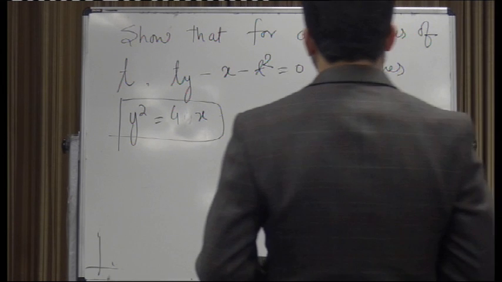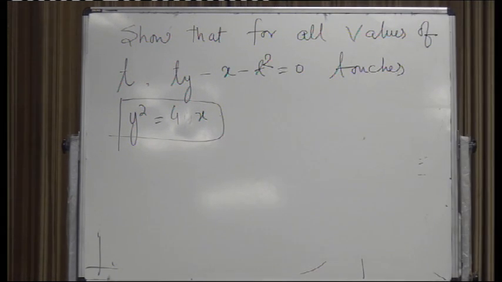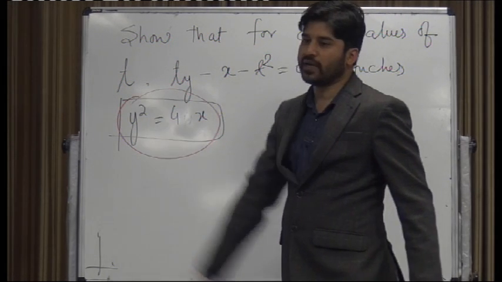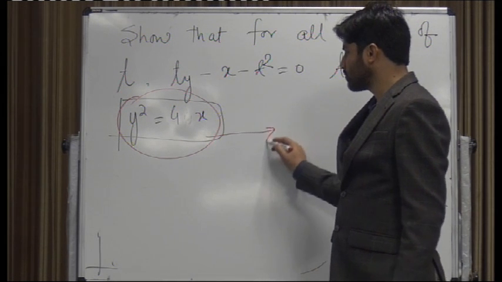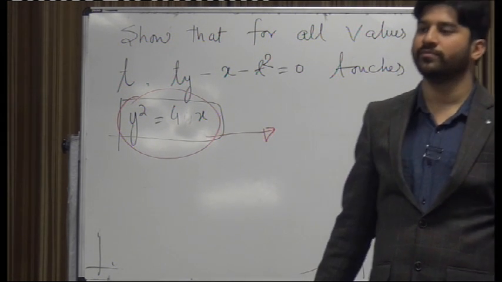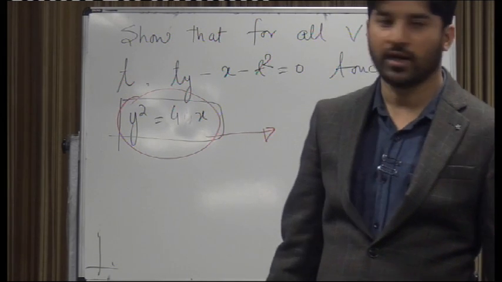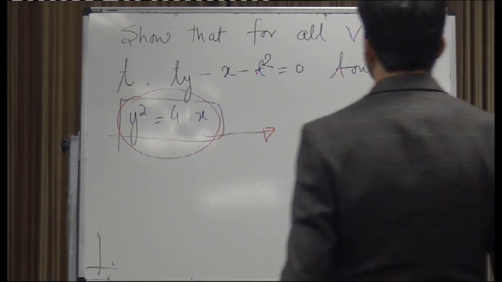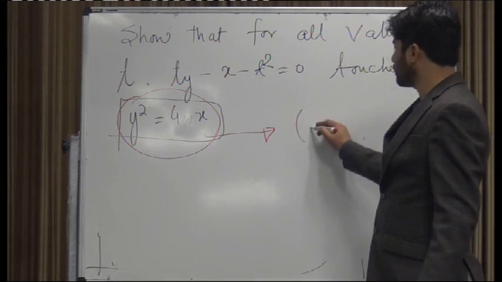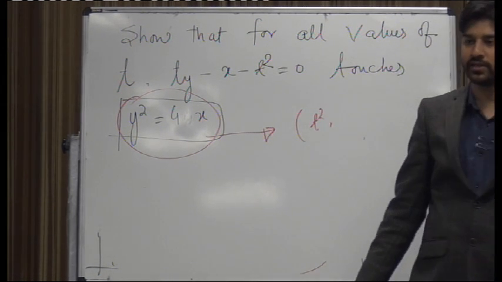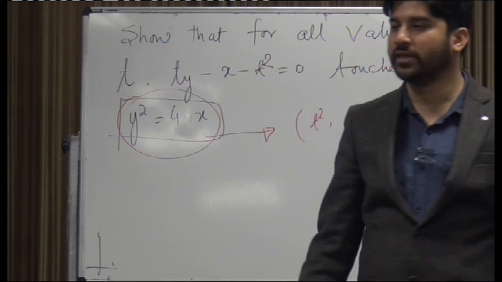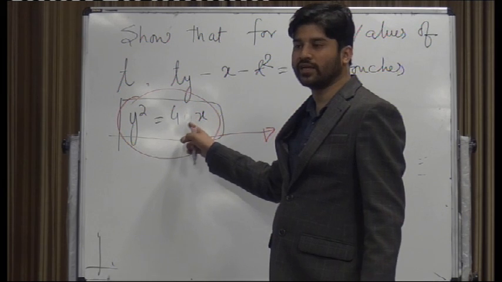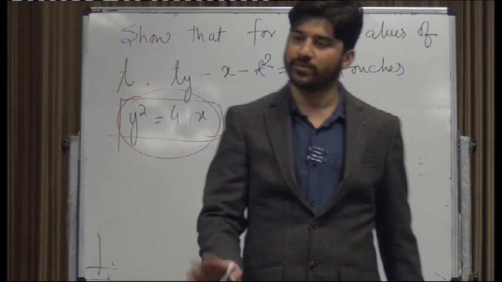इसको दो तरीके से सॉल्व कर सकते हैं। एक तो इस तरीके से सोच के कि इस कर्व का पैरामेट्रिक लोकस क्या होगा। x को क्या डालना चाहिए मुझे? हाँ, t square। x को मैं t square डाल सकता हूँ ना? x is equal to t डालने में क्या प्रॉब्लम है? x is equal to t डालने में प्रॉब्लम है कि y square is equal to 4t हो जाएगा, और t निगेटिव हो तो अंडर रूट 4t नहीं पॉसिबल है, राइट? But t square डालने पे सब कुछ सेफ है।